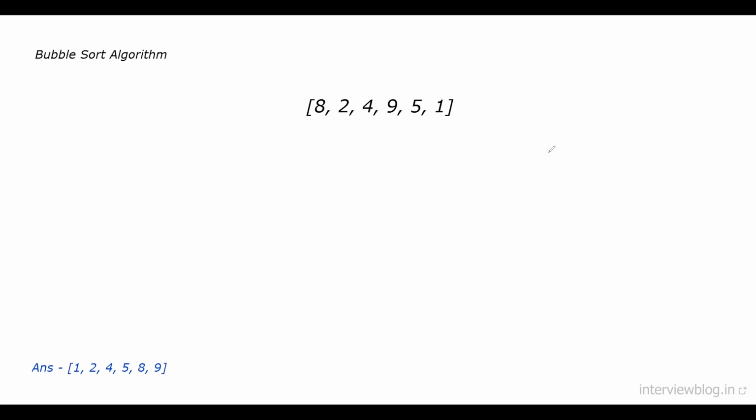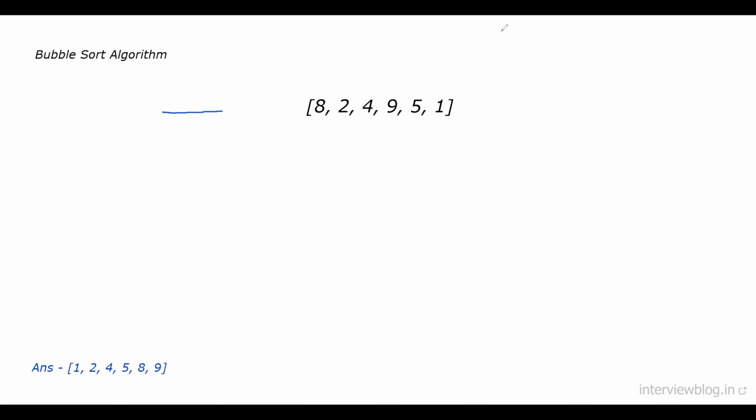So in bubble sort algorithm, what we do is we'll be traversing our given input array n times, and each time when we traverse the array, if we find the current element to be greater than the next element, we will be performing swaps between these adjacent elements to sort the given input array. Let us now see how the bubble sort algorithm works.